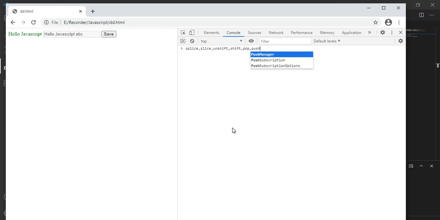These are also very helpful array functions in order to write your JavaScript code or Angular code. So please write and practice these array functions. If you are facing any issue, please mention your question in the comment box.